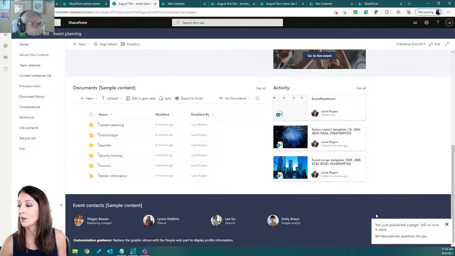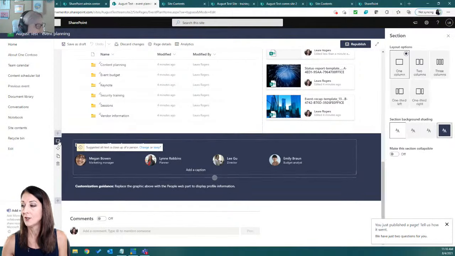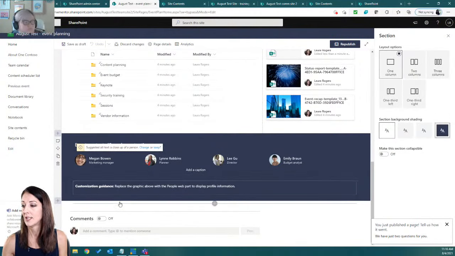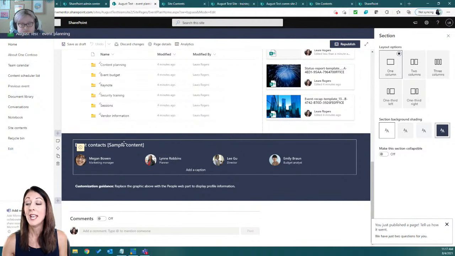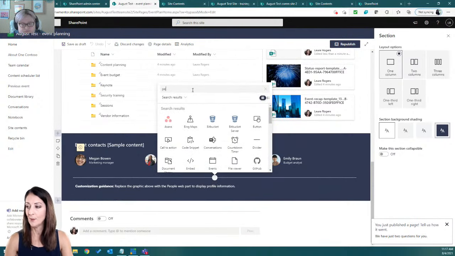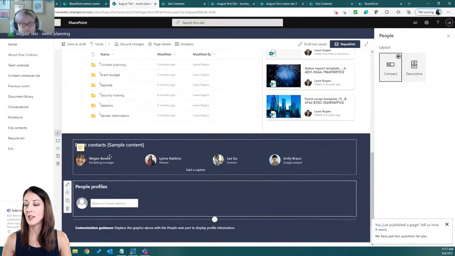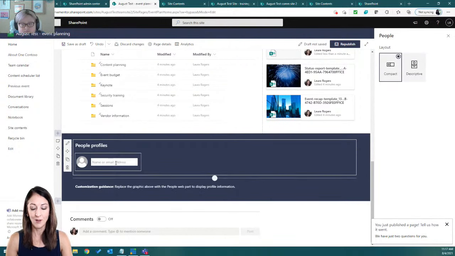And I like the way they did this with the shading too. This is just a section that is a colored section. See, it's just a darker color. And it has some guidance: replace the graphic above with the people web part to display profile information. So it doesn't even put the people web part in there for you. It's just suggesting that you put the people web part, because they can't put it in ahead of time with people that aren't in your organization. So you would delete that sample content and do like Joelle